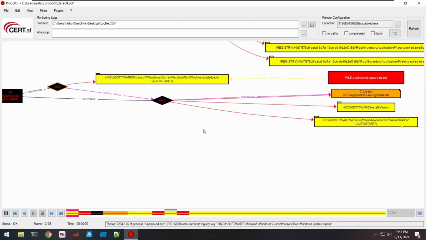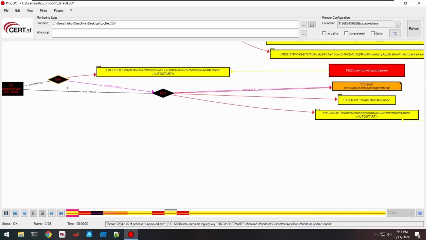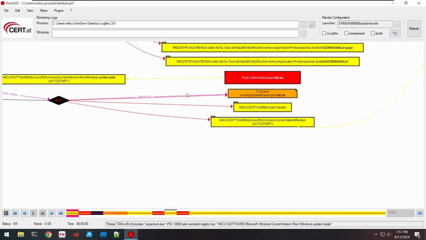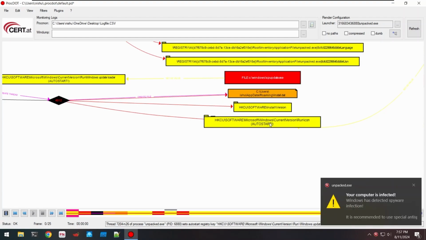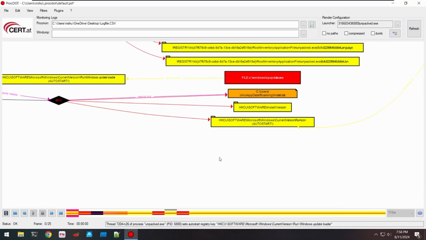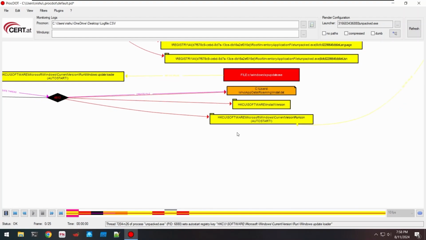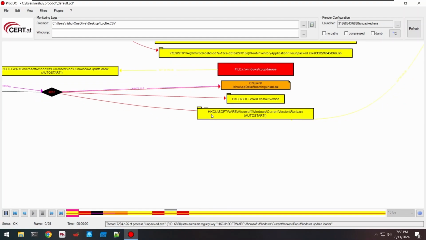and there was another thread that was created by the 7204, that was 48112, and it created a file into the roaming section that was install.dat, and we are just getting the same thing from the unpacked.exe, and it also created another persistence into the registry using the registry named con,